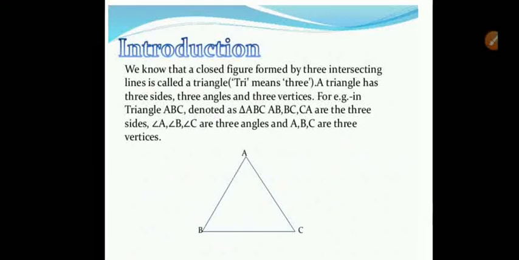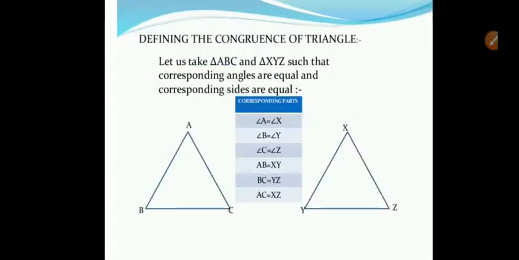A triangle is a closed polygon which is made up of three sides. AB, BC, AC, all these are the three sides, and ABC is a closed figure. The parts of a triangle are three sides and three angles: angle A, angle B, angle C. These are the three angles, and AB, BC, AC are the three sides of the triangle, which are also called the elements of the triangle.